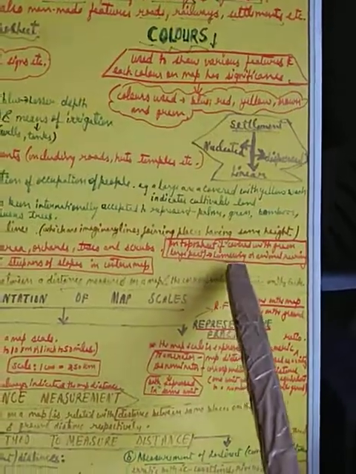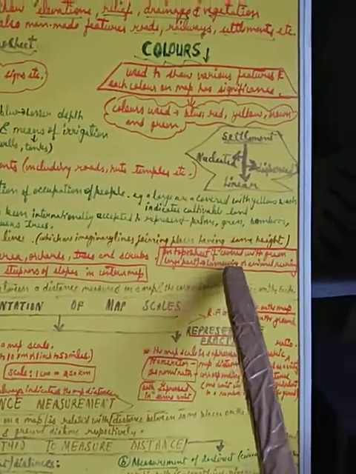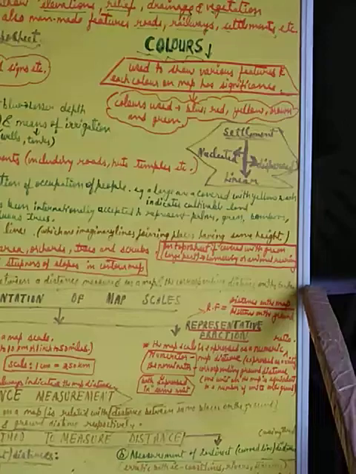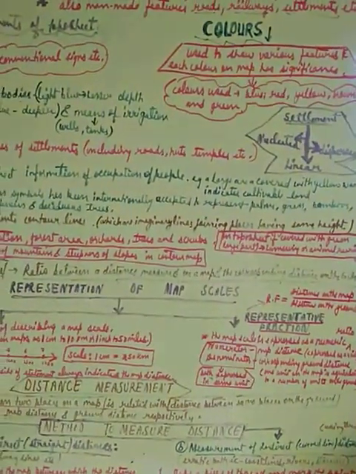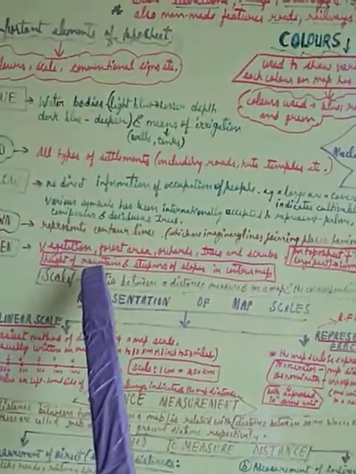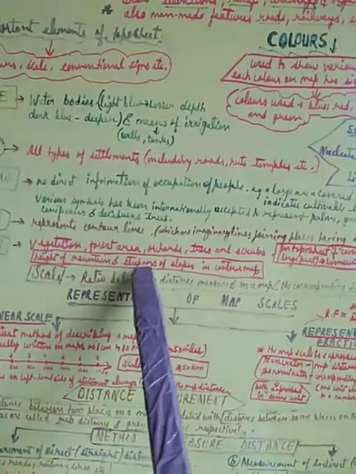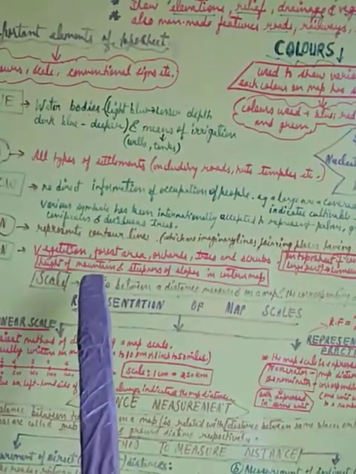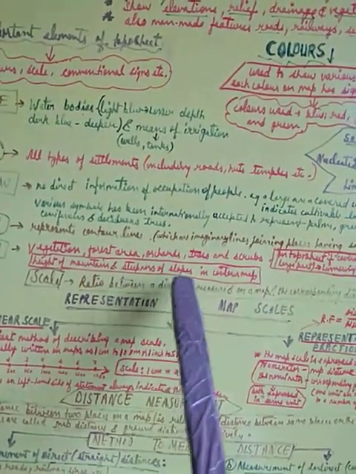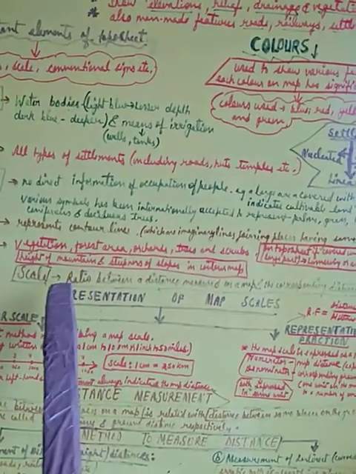You have already studied about lumbering and animal rearing in class 6, okay. And in the same way, they are also showing the height of mountains and steepness of slopes in the contour map. When we want to see the steepness of the slopes, the green color also shows that.